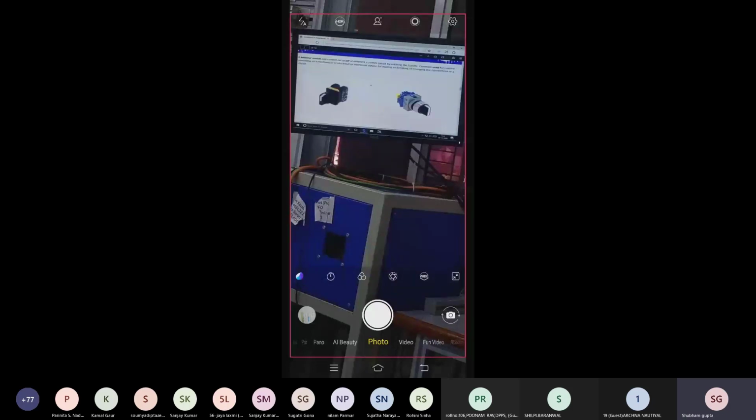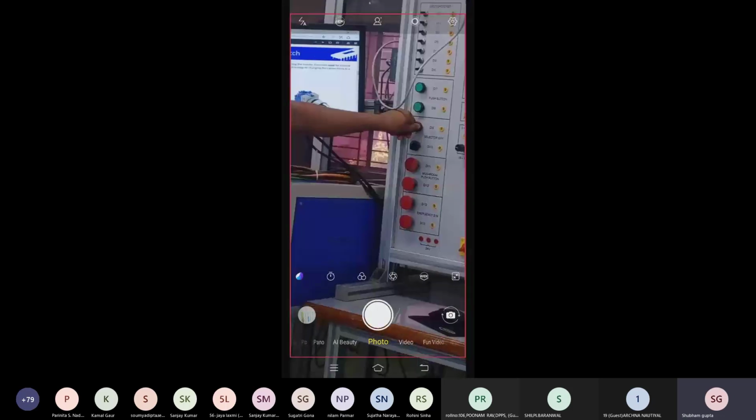Next one is the selector switch. A selector switch can control one of different current circuits by rotating the handle. Because of the rotating handle, it is known as a rotary switch. Selector switches are used in our home, like the regulator of a fan. It's also one kind of selector switch. When we rotate to the right side, the output is on. When we rotate to the left side, the output is off.